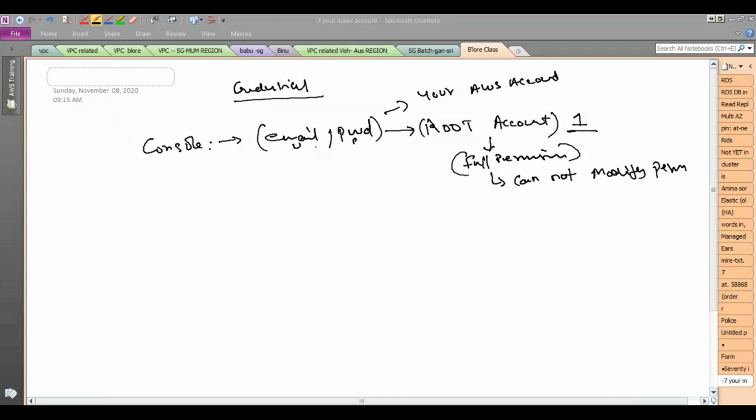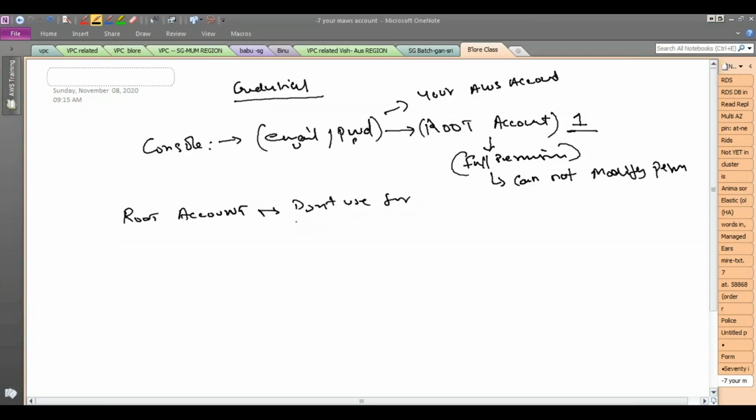It is not a good practice to use your root account for everyday administration. But obviously, for the root account, you need it to create your AWS account, you need this combination, right? So root account, don't use it for everyday administration or everyday use,